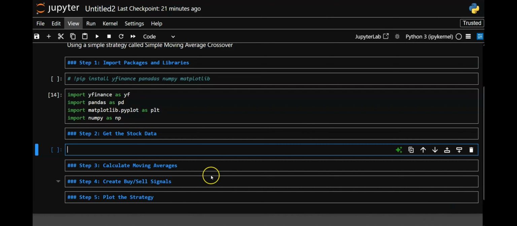We're going to get the data. So now we are pulling real stock data. We're using YFinance to download Apple stock prices because we're going to use Apple stocks. And we're going to pull it from January 1st, 2022 to January 1st, 2023. So we're going to use the head function. This shows the first few rows so we can quickly see what our table looks like. It shows columns like open, high, low, close, and volume,